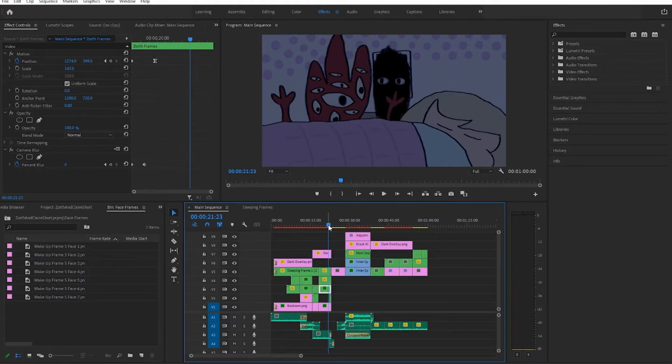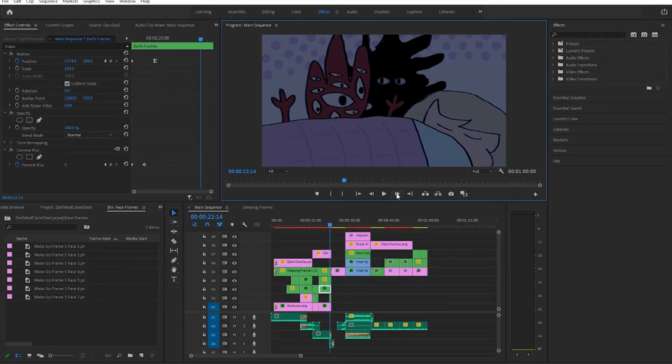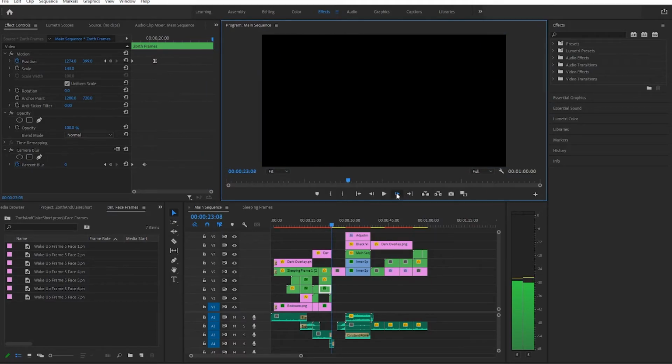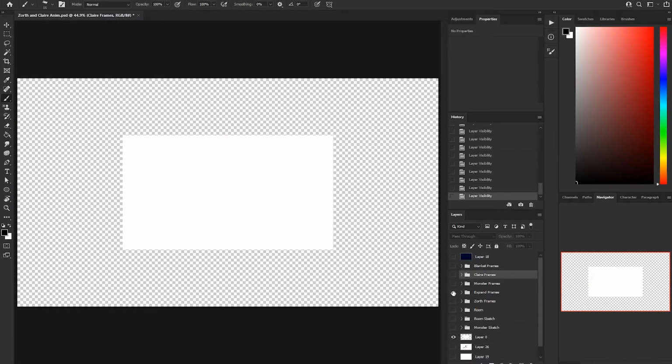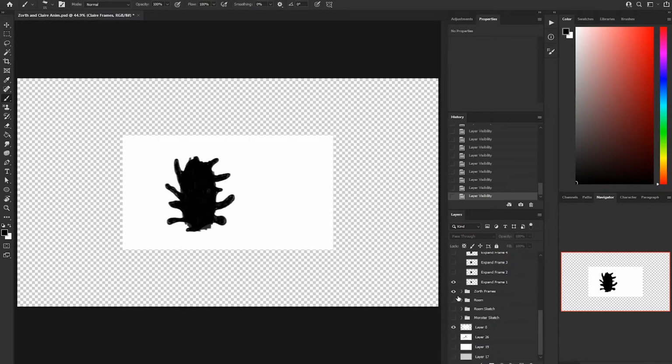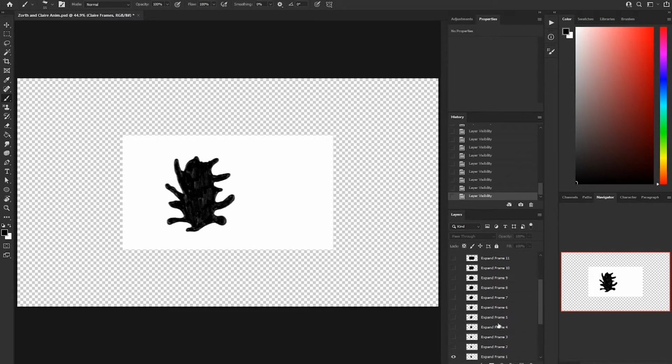next part. So Zorthleb in this part of the video kind of does this whole thing where there's weird blobs that expand out of him and cover the whole frame as things darken. Now, again, like everything else in this video, I drew each of those frames individually in Photoshop. I labeled them expand here in Photoshop. So it starts with, let me actually put Zorthleb in here. I forget how I have things set up here. Whatever. Okay, ignore Zorthleb. So yeah, it's 12 frames I drew individually.